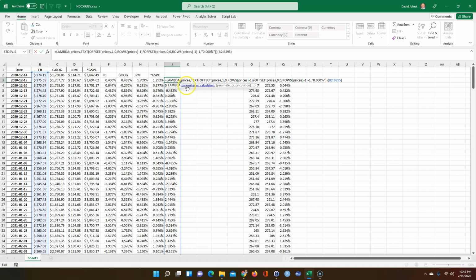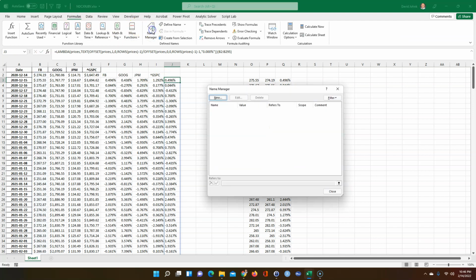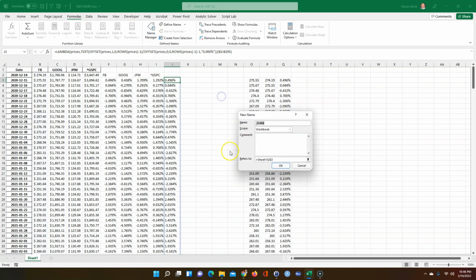So now the other thing is, now we could add this into the name manager so we can use it. So I'm going to highlight everything right up to where I tested it, to right there. I'm going to Control C, and then we go to Formulas. Well, I have to hit Escape to get out of there, and then we can go to Formulas. This is very easy. Go to Name Manager. I'm going to name this, we'll call it Returns,